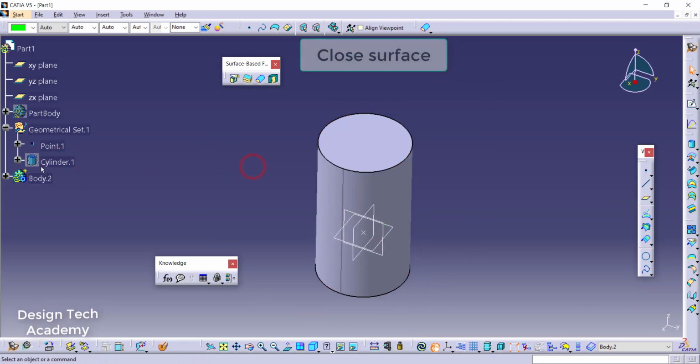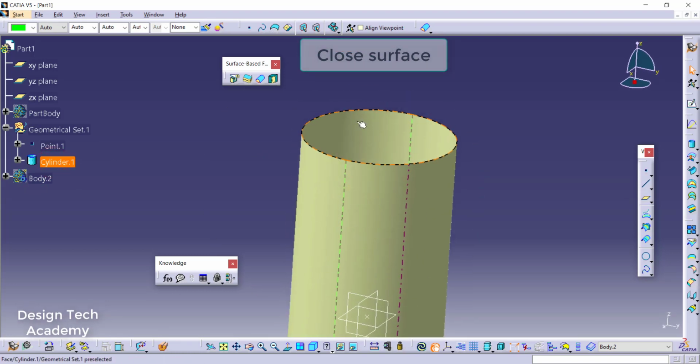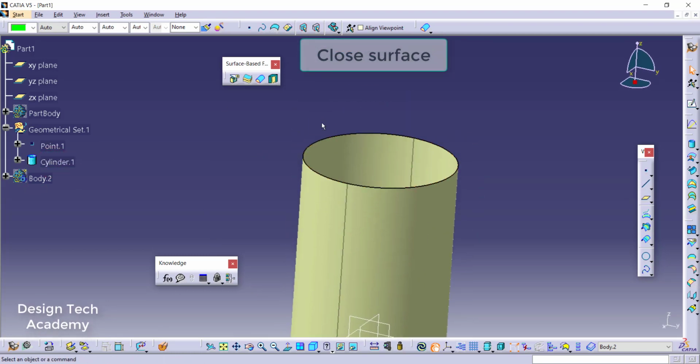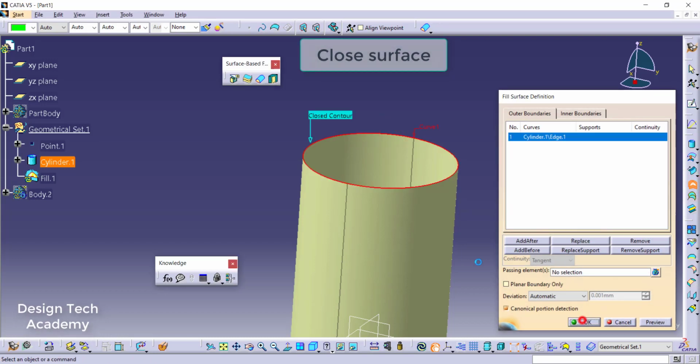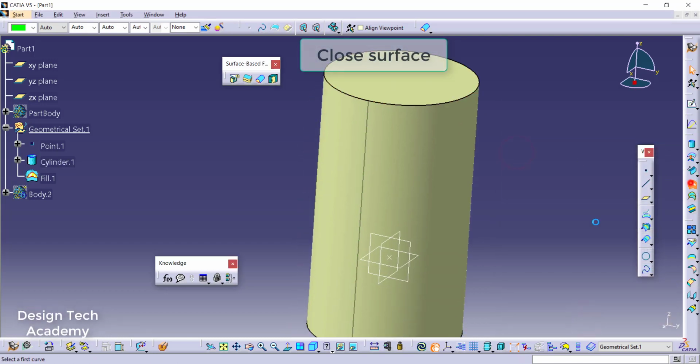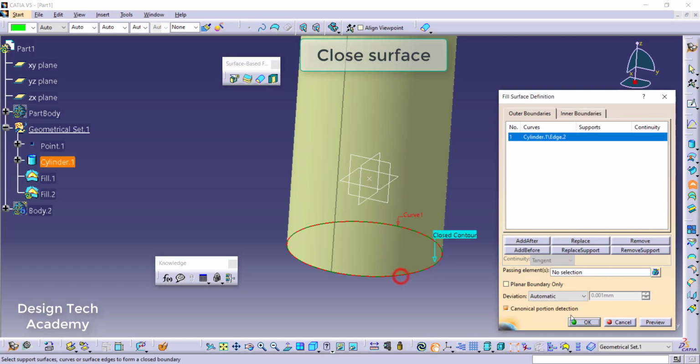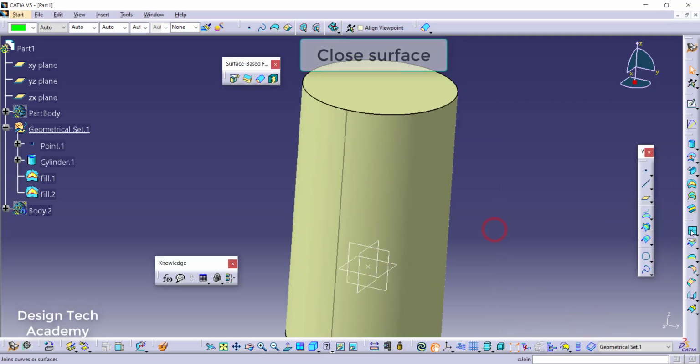And if you don't have the end patches which are not coplanar on a plane, then you have to fill it manually. Then it will work. Like you can fill it from the top, from the bottom also. Join them.